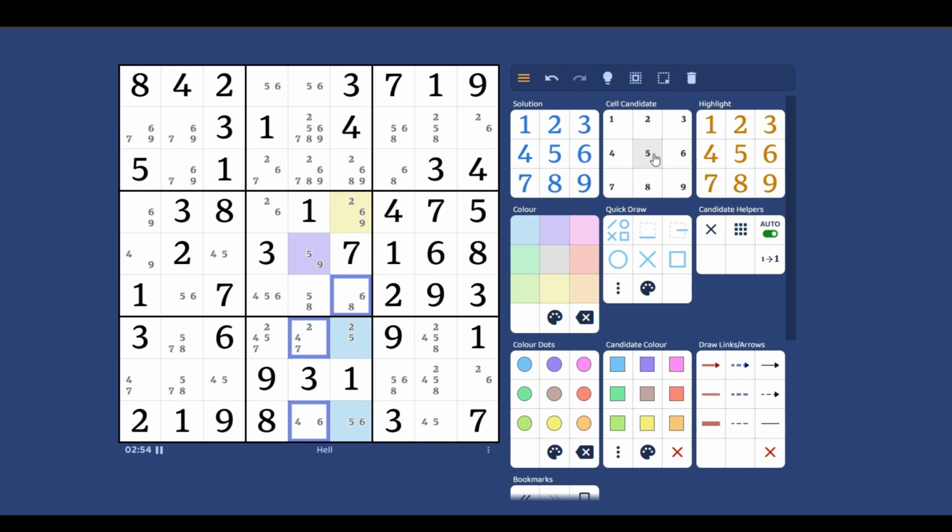Now, an important caveat is if there's a 5 in this pivot cell right here, then instead of just eliminating from both the wings, we would also have to eliminate from the pivot cell. And in that case, this 5 right here that sees both wings and the pivot cell is the only elimination we can make. And if we want to extend the principle to even more cells, let's say, for example, if